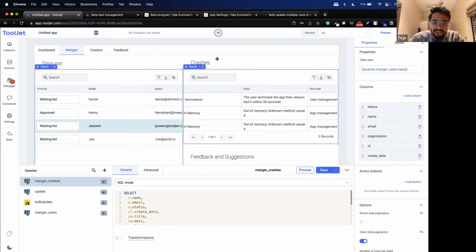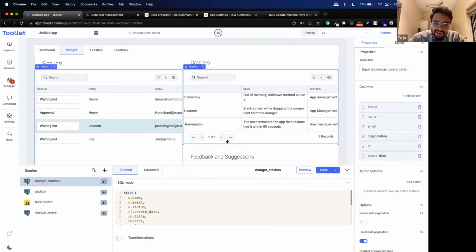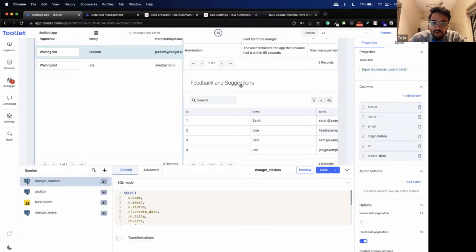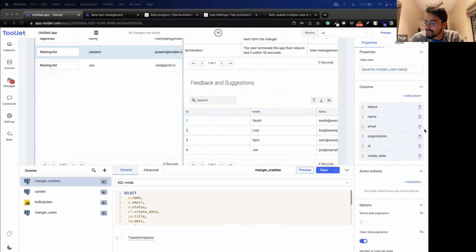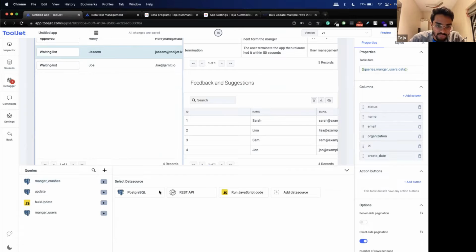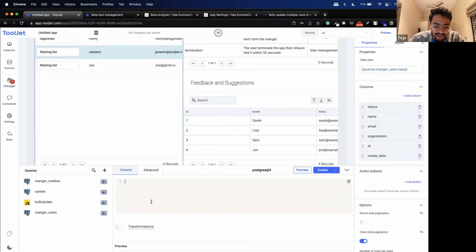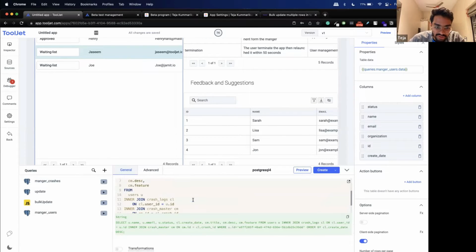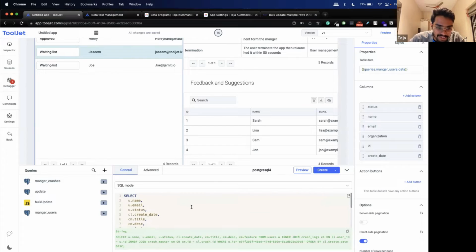All right, so now we are done with the crashes part, and it's pretty straightforward, and I hope you will be able to relate how we will be able to get the feedback items. So that is where you should be able to get the feedback of the specific user as well. So go ahead, PostgreSQL, SQL mode, and then the code, sorry, the query. So this is the query that helps us to get the title, description